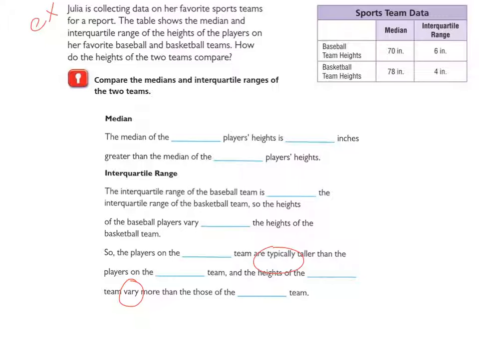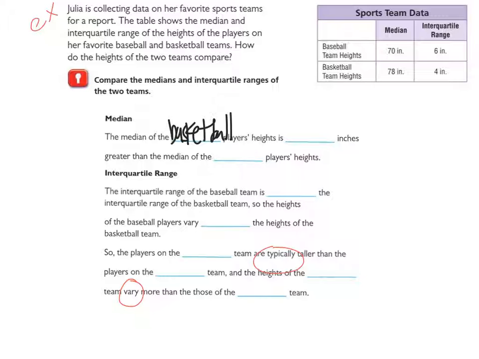So, in this example, the book has given us some sentence frames to fill in. So I'm going to just slowly read through them, and when I get to a blank, I'm going to use the table to find the answer. So the median of the blank players' heights, that's going to be baseball or basketball, is blank inches greater. So which team has a greater height in the median? Looks like the basketball team. So I would write the basketball team, the median of the basketball